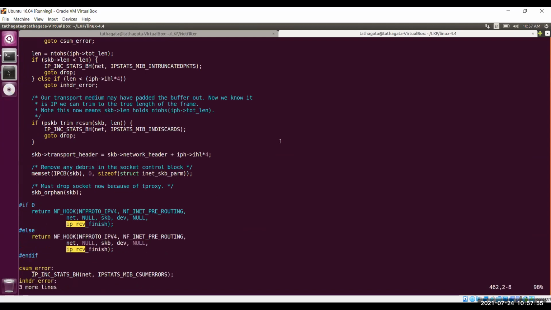But just for example, I'm showing you. So say my_ip_rcv_finish function. So you have your own hook point. You have defined your own hook point in the kernel.